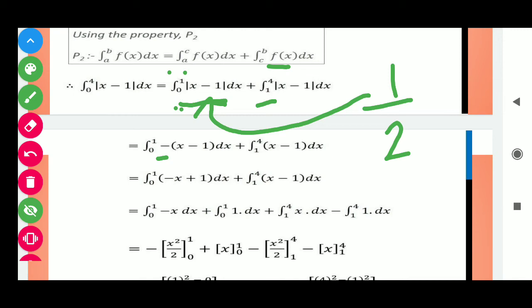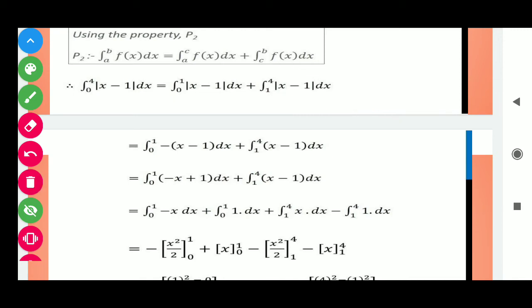Okay, now you will not apply the modulus sign. Students, you can take any other value. Okay, here plus integral 1 to 4 modulus x minus 1 with respect to x. In the same way, we take any value lies between 1 to 4. Suppose we take 2, then 2 minus 1 we get 1. That is the positive result. Every time if we take any value lies between 1 to 4, we get the positive result. So in this way we get minus x plus 1, here x minus 1.